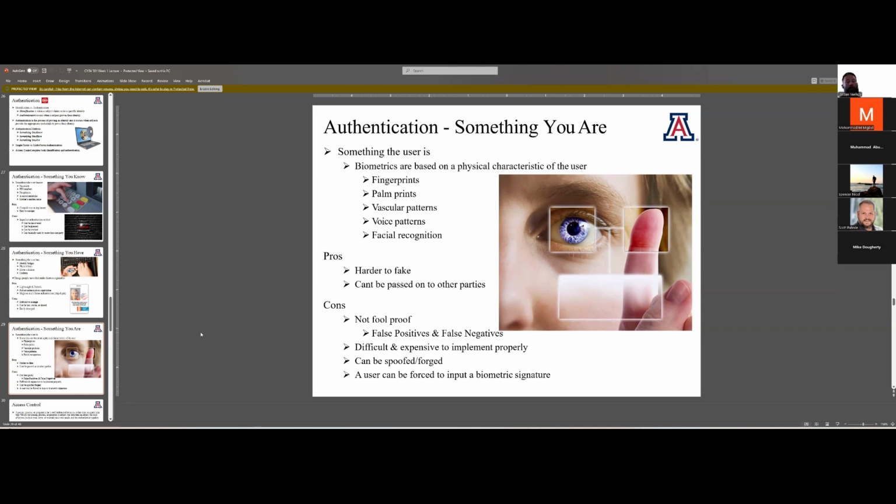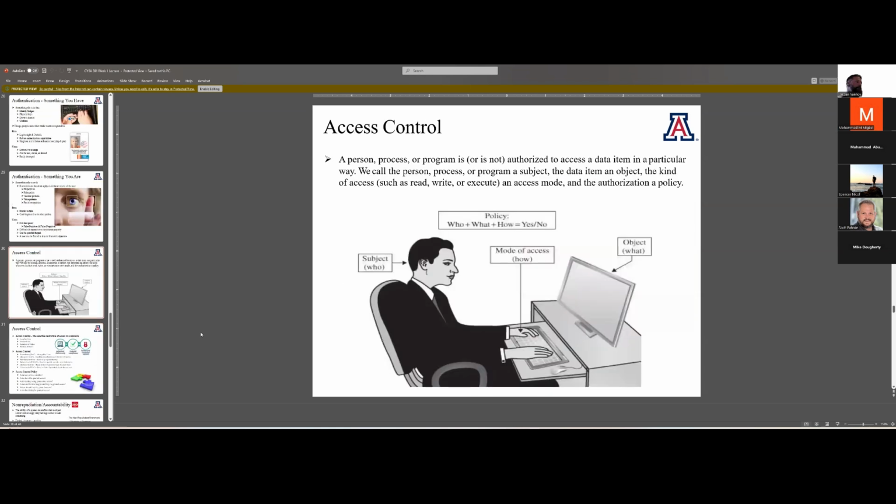ultimately, there's also a ton of privacy considerations for something you are. There's also health concerns when you start talking about doing retina scans and stuff like that. So there's still a lot to be determined in this space, but ultimately it is not foolproof. Is the major thing, right? Any one of these, if you're just relying on it for single factor, is not great.